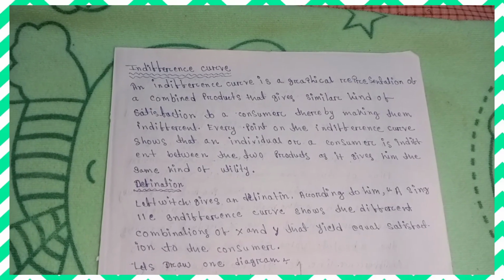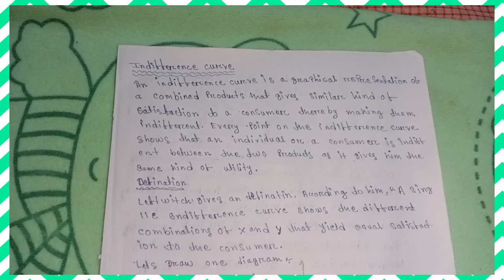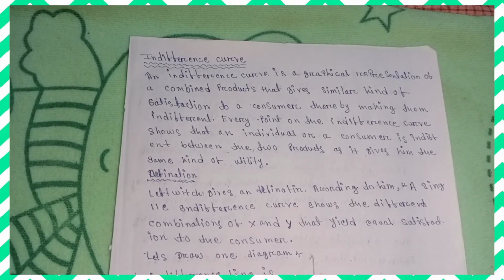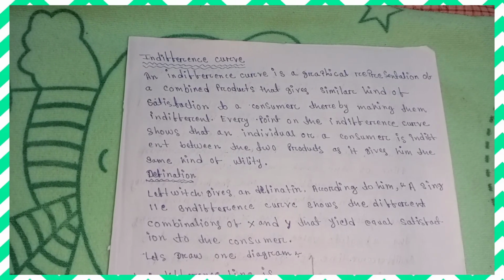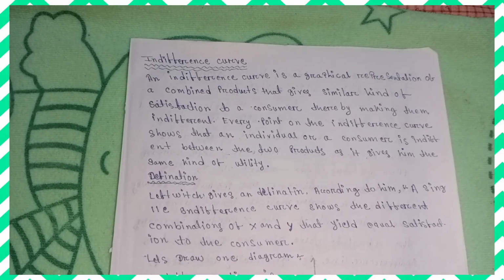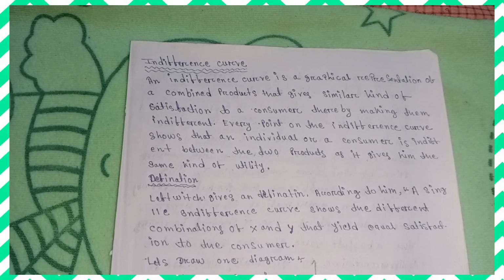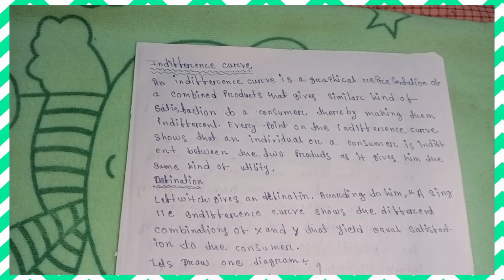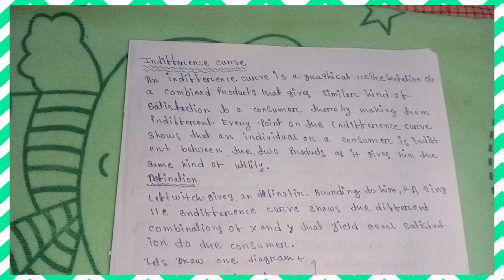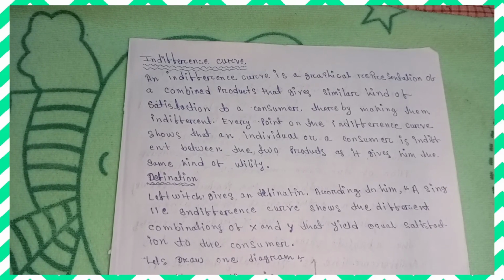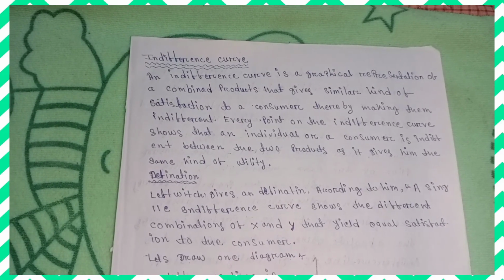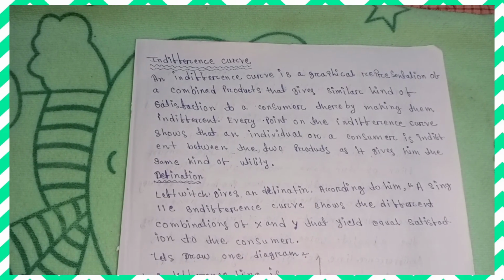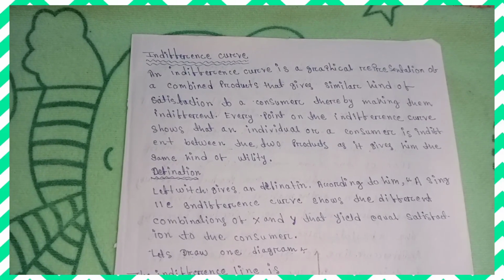यहाँ पर बताया गया है कि एक इंडिफरेंस कर्व होता है जो ग्राफिकल रिप्रेजेंटेशन बताता है कि उसके बीच में ढेर सारे कमोडिटीज़ के बीच में जो लेवल ऑफ सेटिस्फैक्शन है वो एक ही होता है। और every point on the indifference curve shows that individual or a consumer is indifferent between the two products as it gives him the same kind of utility। कंज्यूमर है वो दो प्रोडक्ट के बीच में इंडिफरेंट रहकर काम करते हैं।